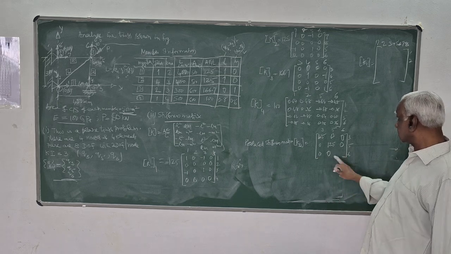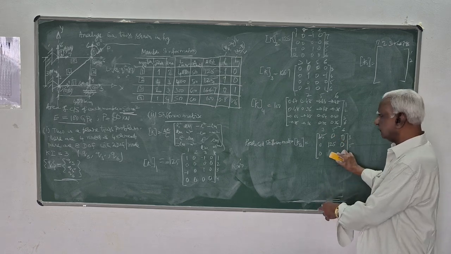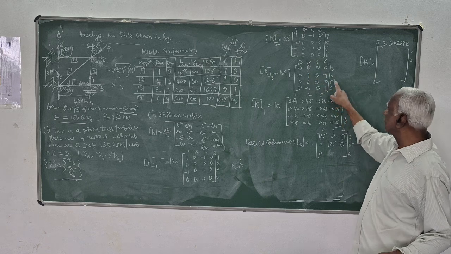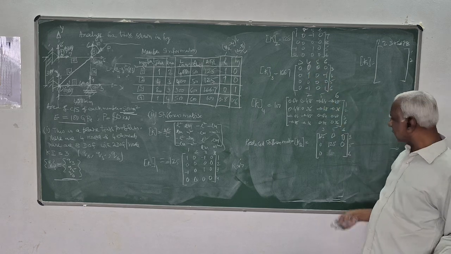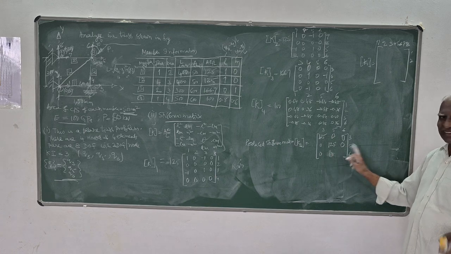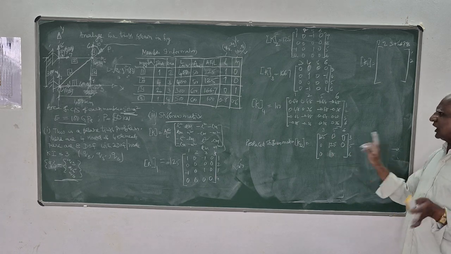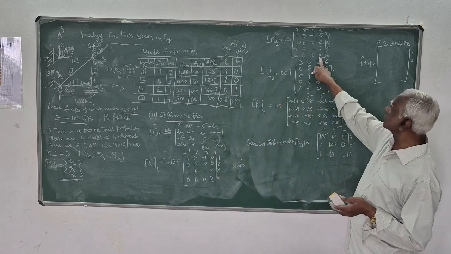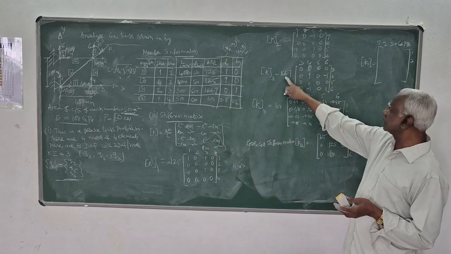Here, no. Here, 0. Here also 0. Okay, fine. 0, because it has to be symmetric. That also is a check. Lastly, 6, 6. 6, 6, 0. Here it is 1 into